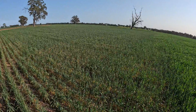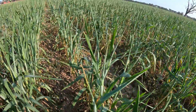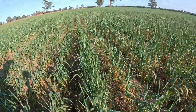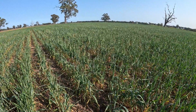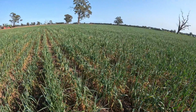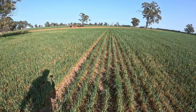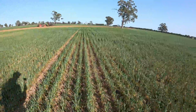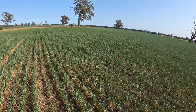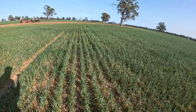But yeah, it's about a foot high, or not even a foot high, and it's just trying to throw a head out. So I think I mentioned it, it's not even worth cutting for hay. So yeah, it is a lot of mucking around, there's a bit of work in it, but if we can get it up, if we can keep it alive, and we might jag some rain. But just, as I said earlier, it goes to show